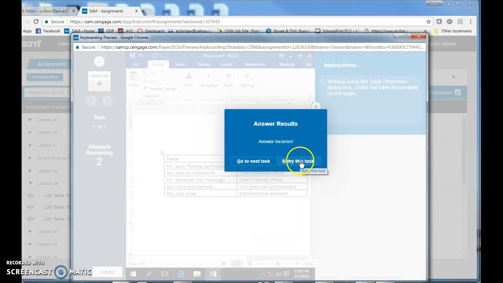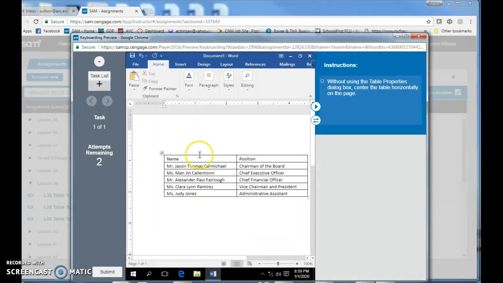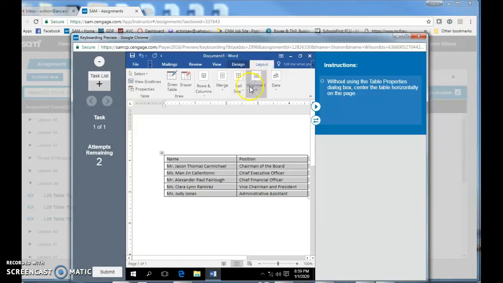Okay, so I got the incorrect. So I'm going to retry this again. So what I want to do is click here, go to my Home tab. All right. I can do the layout here, and if I do this one, I'm still going to get it wrong because